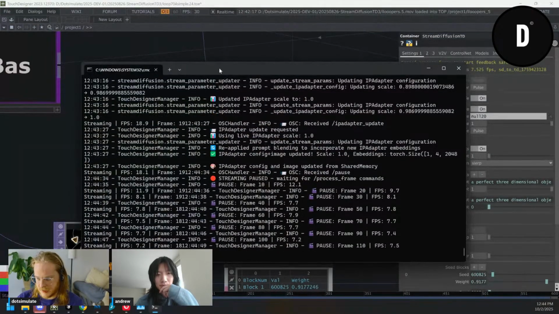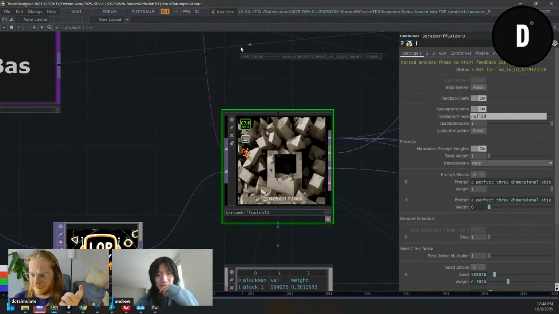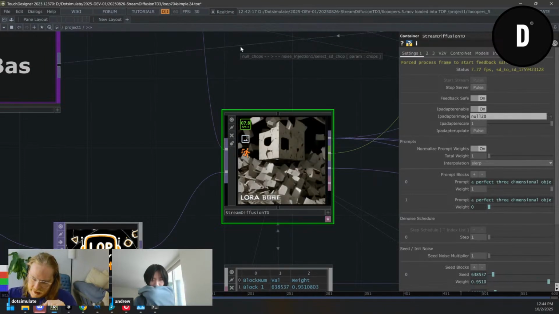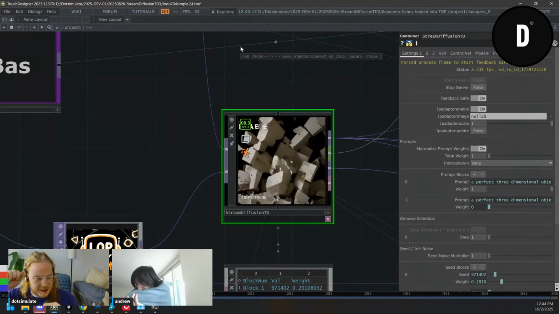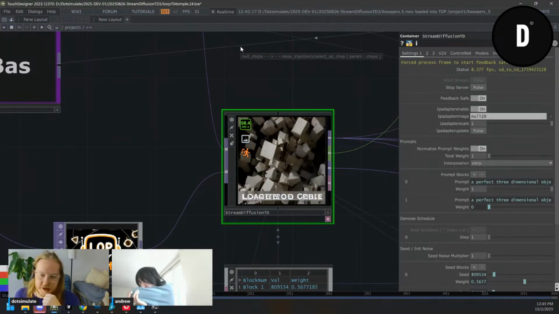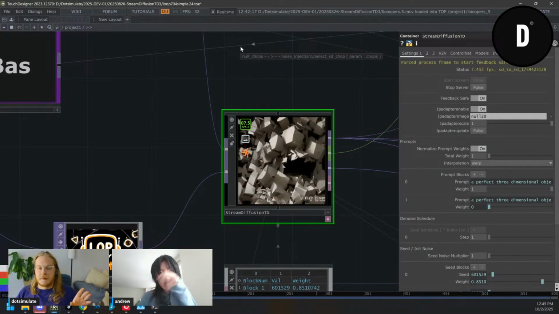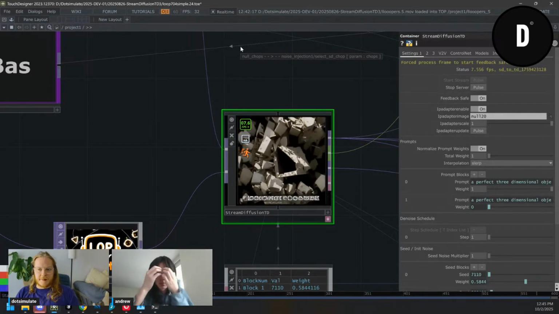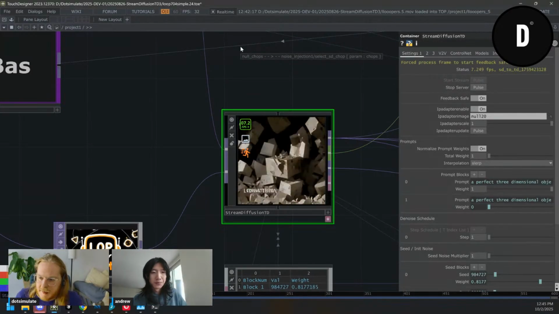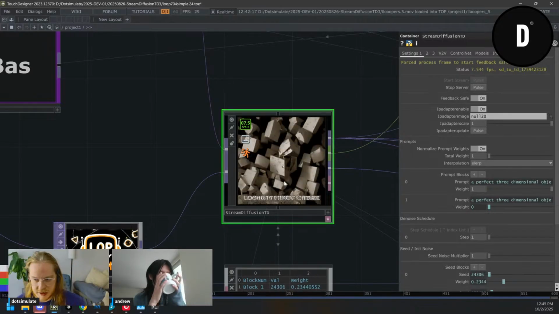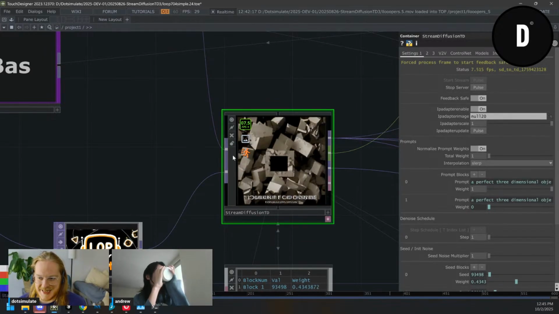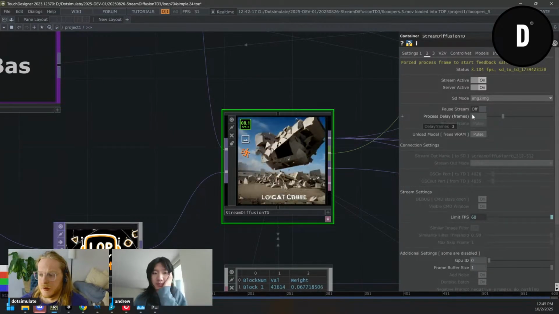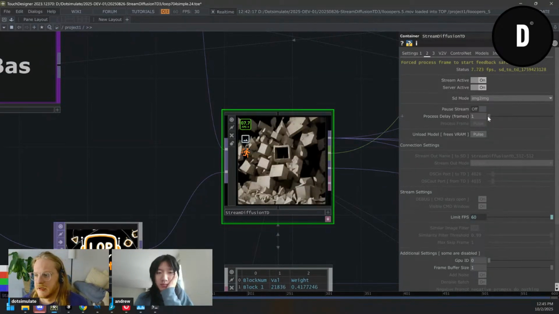Too many emojis because of Claude. But every time it generates a frame in the external window, it's sending an OSC message to touch saying frame ready, check for the image changing. And then touch is looking at the image and detecting when it gets a different frame. And this is happening very rapidly. As soon as touch detects a different frame, it goes, and also based off this process delay frames, if I turn this down to like 1,